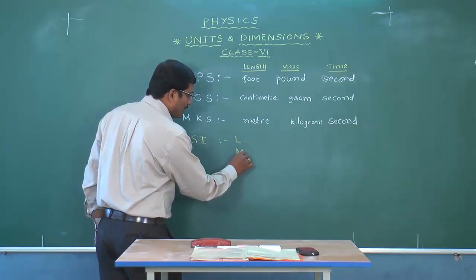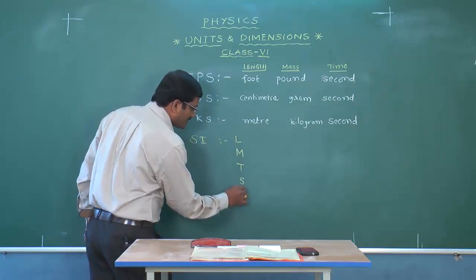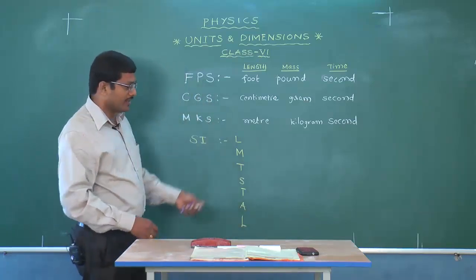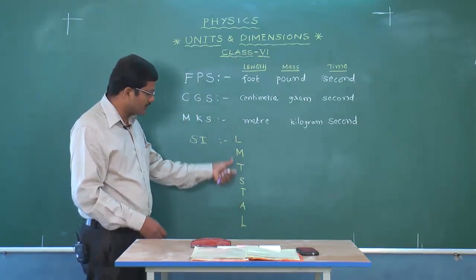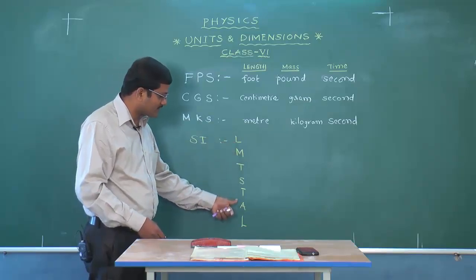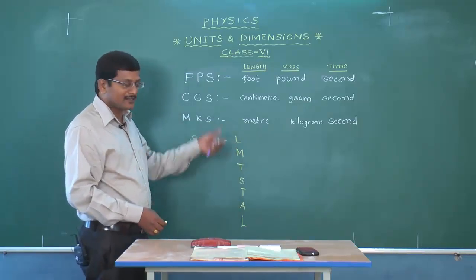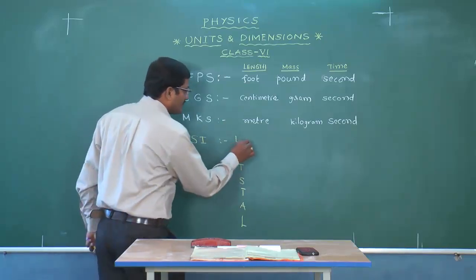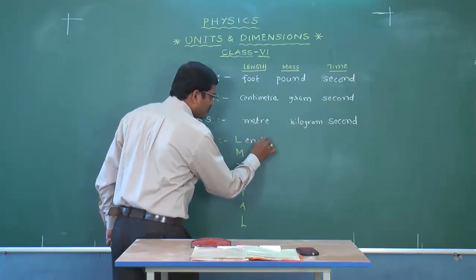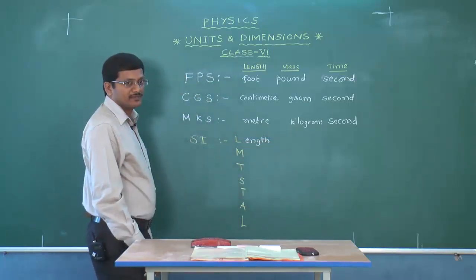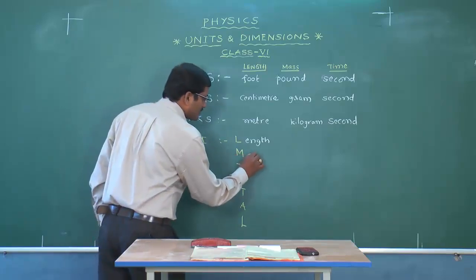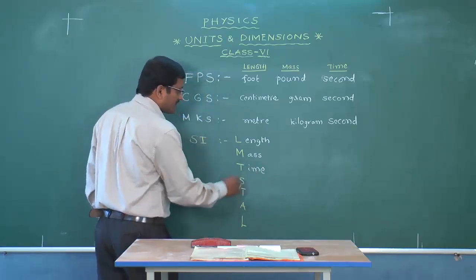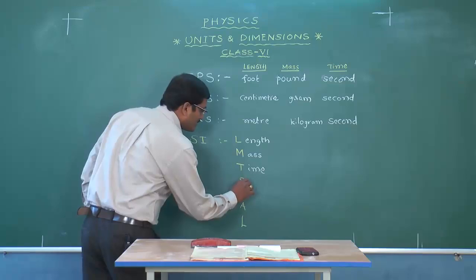L, M, T, S, T, A, L. Please remember this. If you are able to see these first letters, L, M, T, S, T, A, L, you are able to see the 7 letters. The 7 letters represent 7 physical quantities. Let me write those. The first one is length, as usual in the earlier systems of units. Next, M for mass, and T for time. S is a new one compared to these three systems, and it stands for strength of